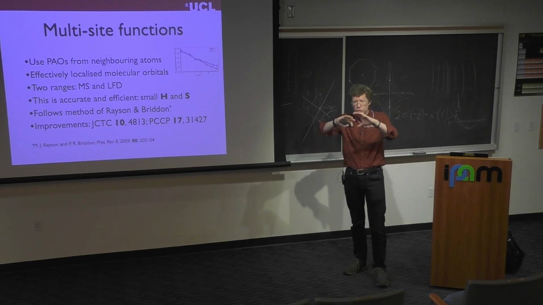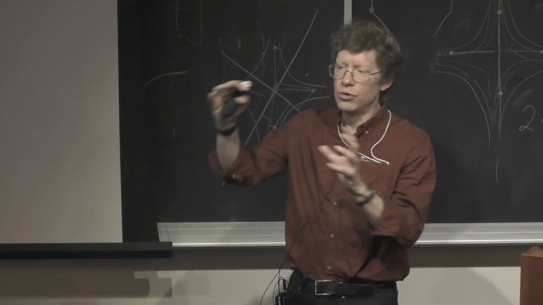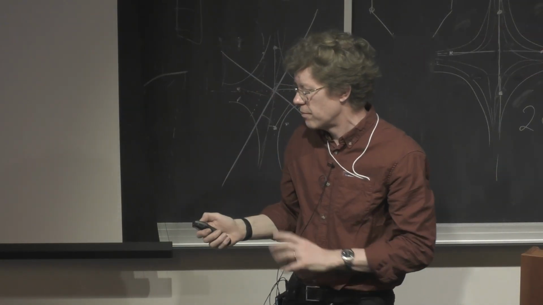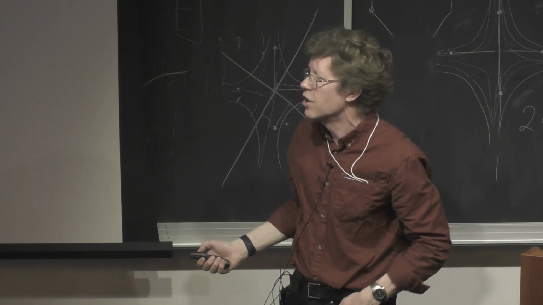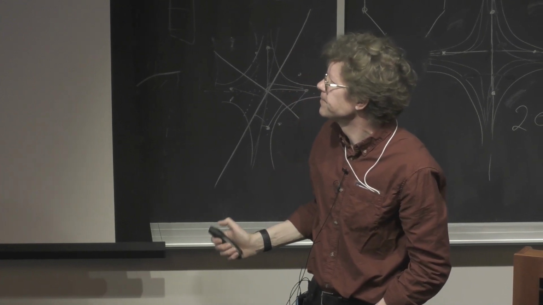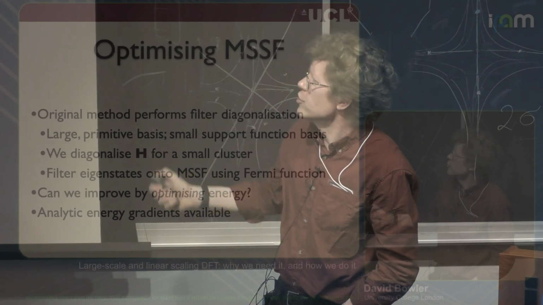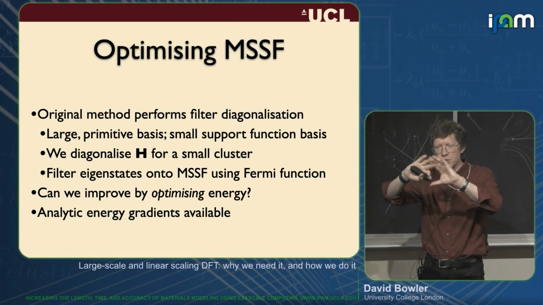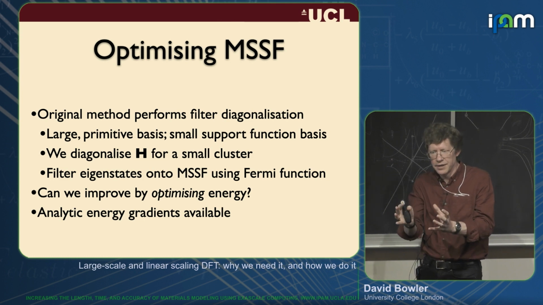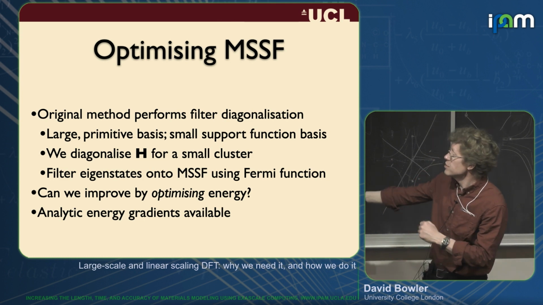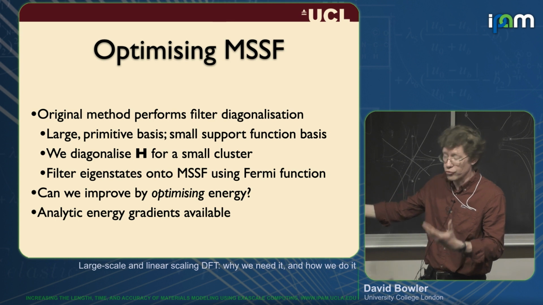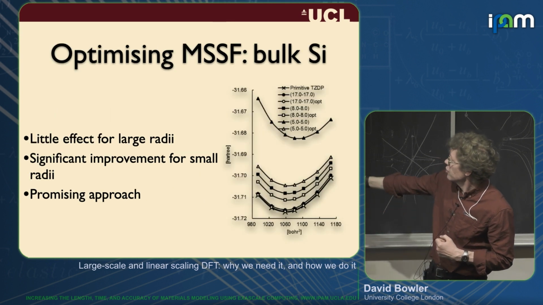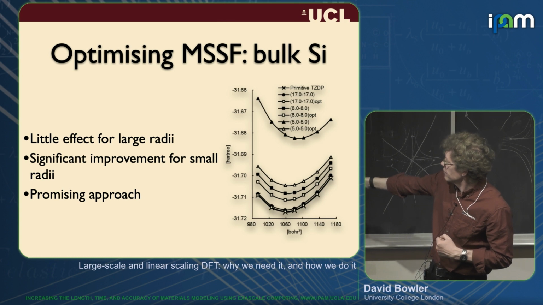Fundamentally what we do is we define an orbital radius. We take all of the local functions on the different atoms and then create these larger but smaller number of functions. I'm not going to show you that. This is a technical detail: the way that we do it normally is we create a small Hamiltonian, we diagonalize, and that gives us the basis functions, but you could then optimize and improve the representation. This graph shows you the binding energy curve for silicon.